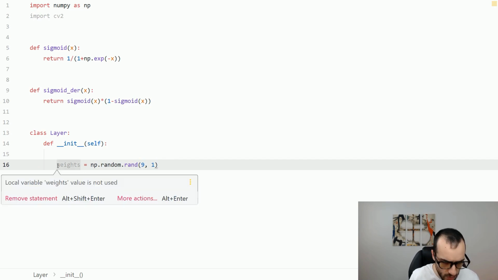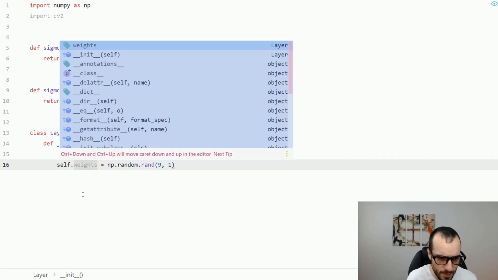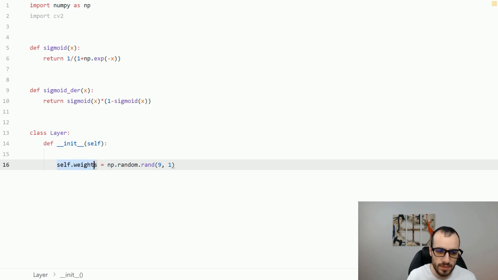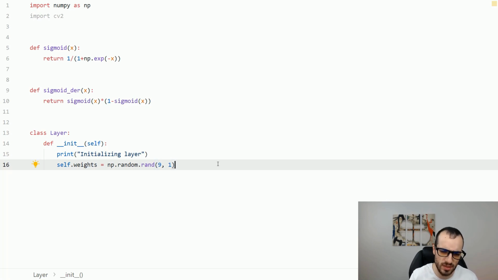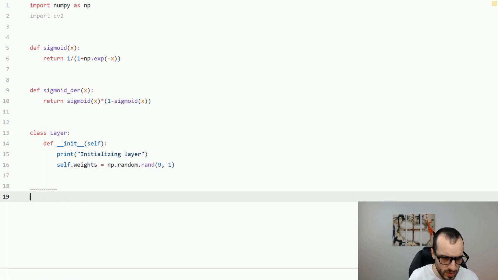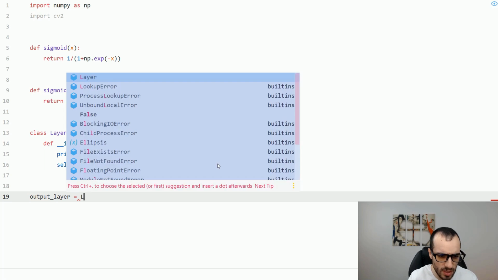And we need to call self right here. So everything that we will put with self, we can call it later on the other functions inside the same class. And this, if you're not so familiar with object-oriented programming, it will be slowly easier to understand when we're going to create the object. Let's now print initializing layer, and now we're going to create the layer. So we say output layer is equal to layer,